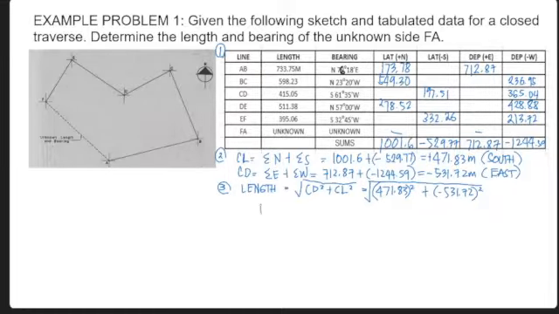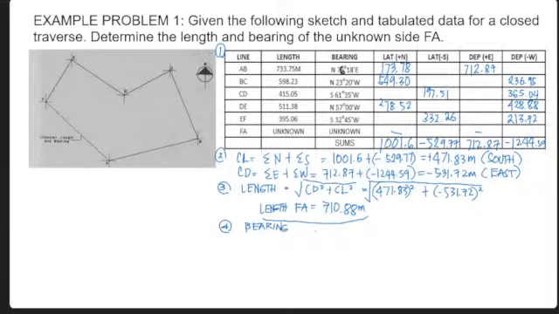So our length of our FA is 710.88 meters. Okay, huwag niyong kalimutan yung inyong unit. And for our bearing,